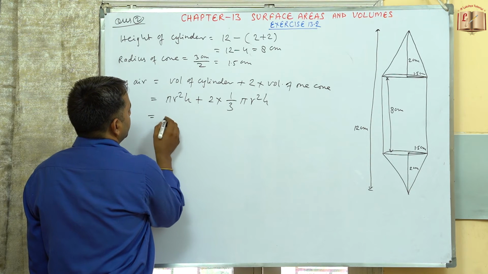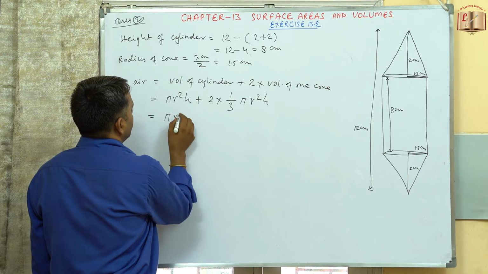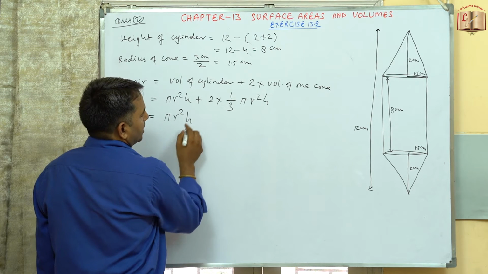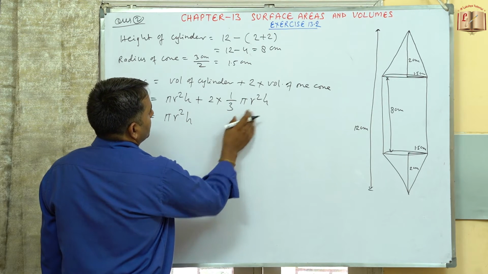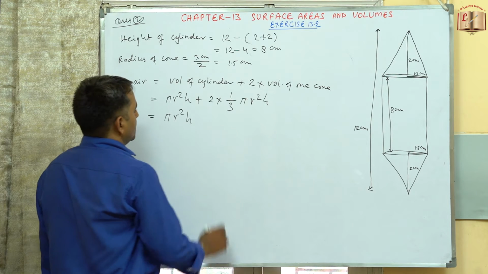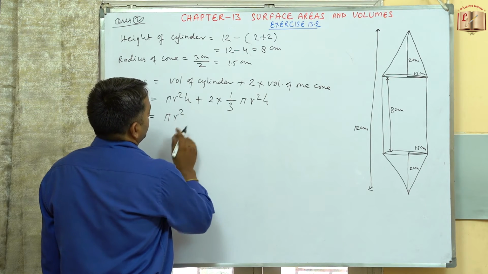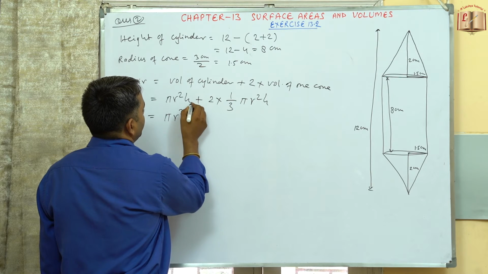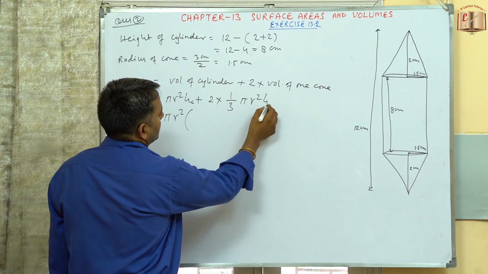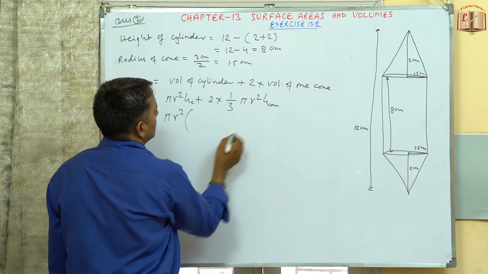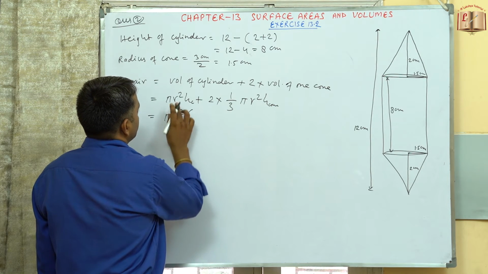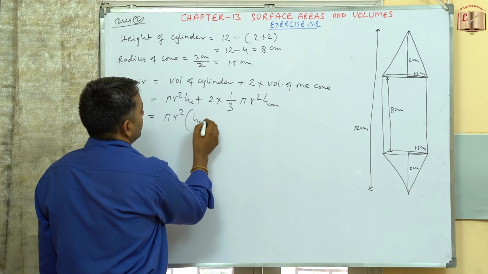So we can take pi r square common. So this will be pi r square h, we can take pi r square common. So this will be h for the cylinder and this is the h for the cone. So this will be pi r square common, times the height of the cylinder